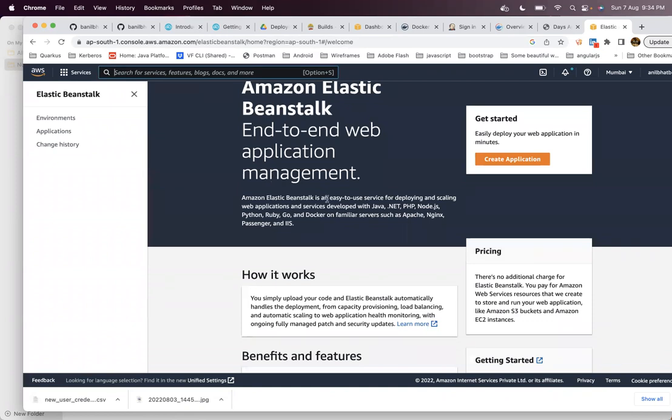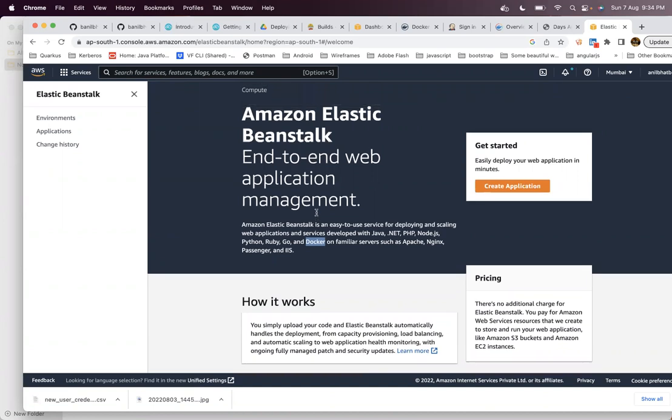It is an easy to use service for deploying and scaling web applications, with any kind of application: Java, .NET, PHP, Node.js, or Docker also. In this case, we will try to deploy a Docker application into AWS Elastic Beanstalk.